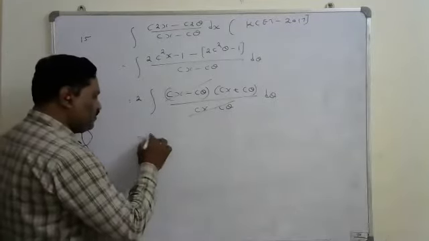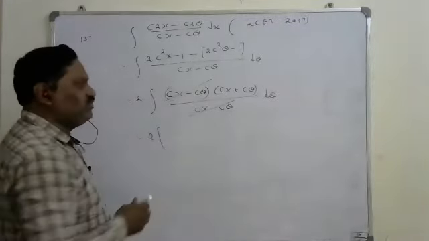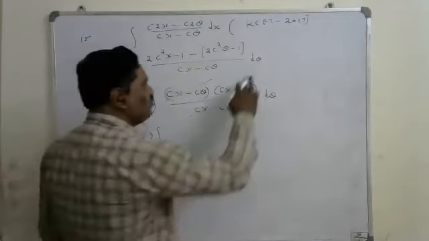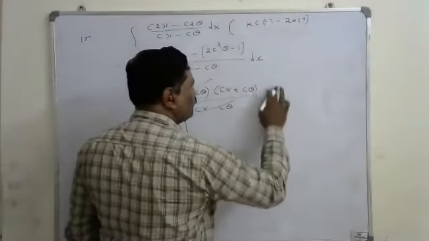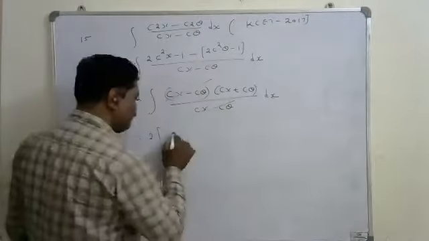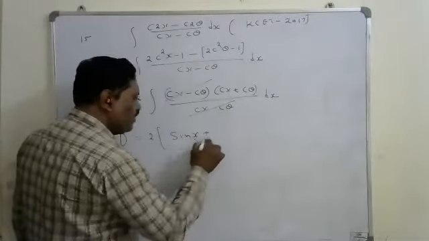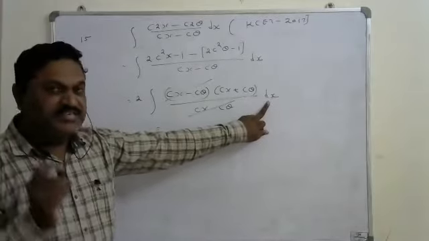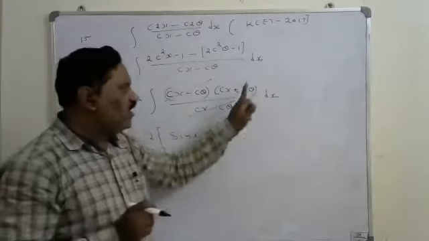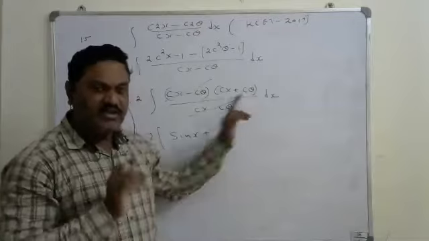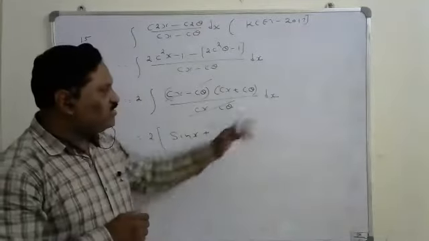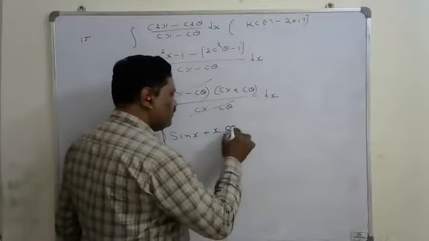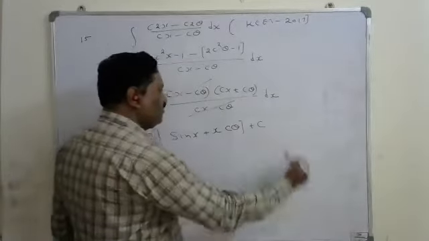Now this is 2 times. We will integrate the remaining function. It is integral cos x dx. What is integral cos x dx? Sin x. Plus, for the second function there is a cos theta. When the dx is there, x is the variable but not the theta. That's why cos theta we have to consider as a constant. Then remaining is integral 1 dx, that is x. That's why it is x cos theta plus c. So this is the answer for it.